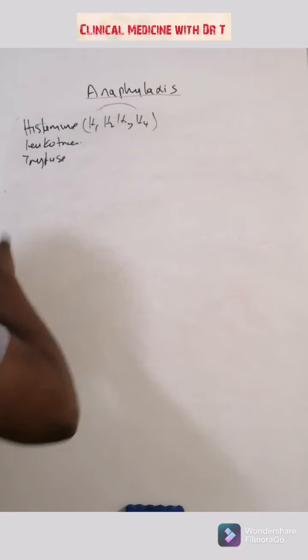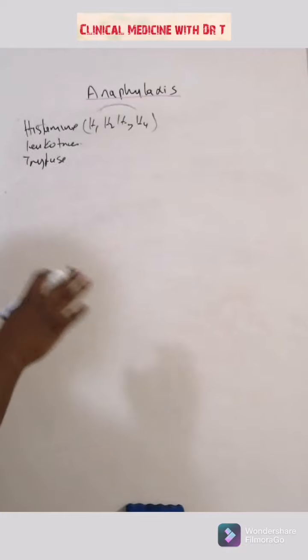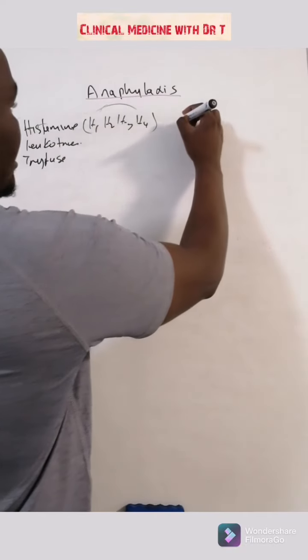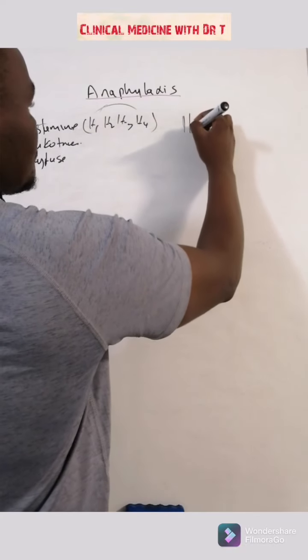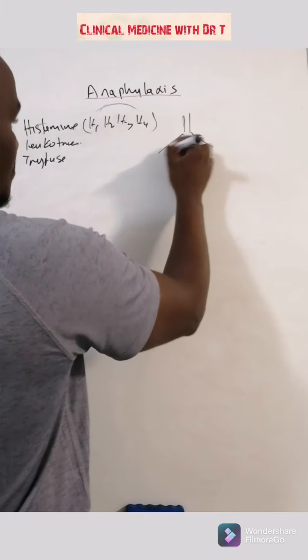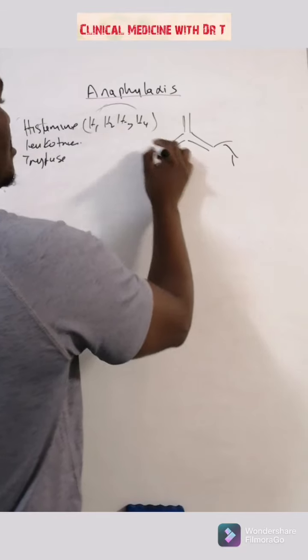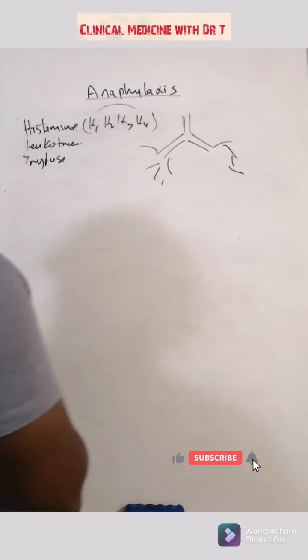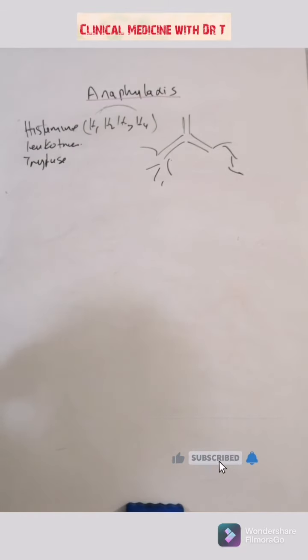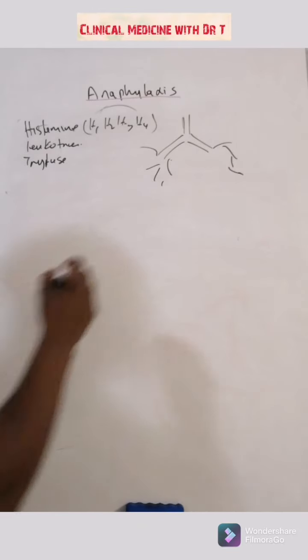So the histamine goes and binds to the receptors in all the parts of the body. In the bronchial tree, histamine goes and binds to its receptors, and then that causes